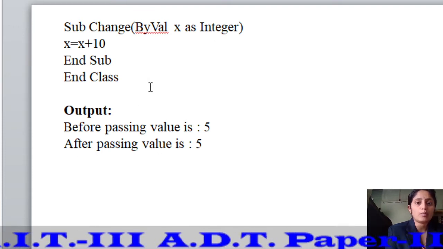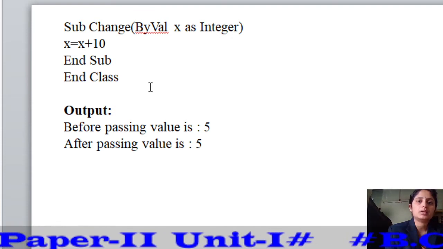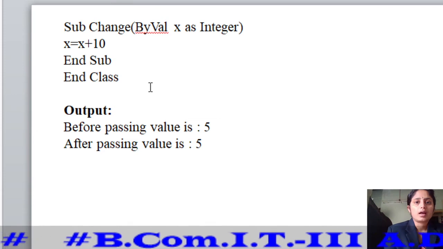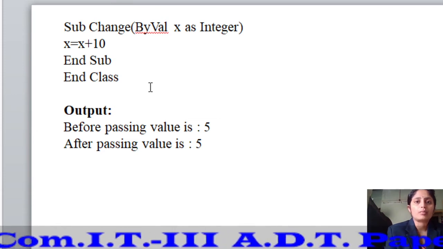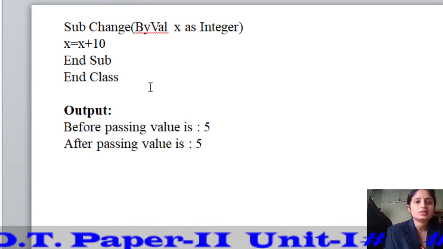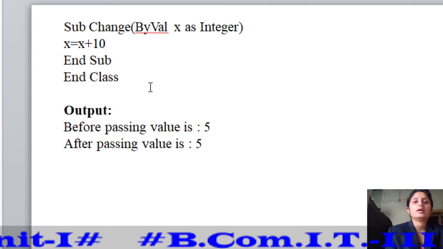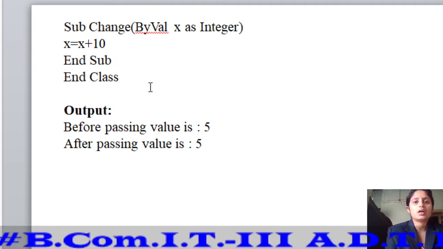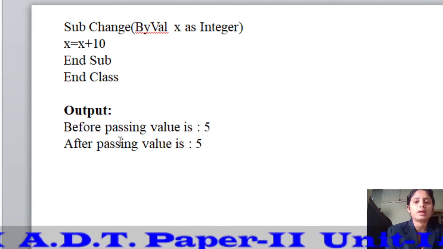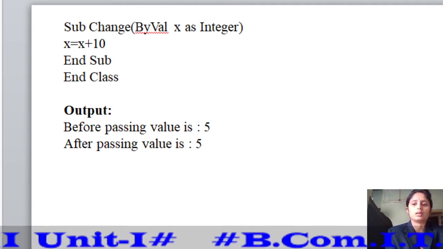In call by value, the value of the actual parameter is sent to the formal parameter, and if any changes are made in the procedure definition, there is no effect on the value of the actual parameter. So both values, before passing value and after passing value, are the same, constant value.